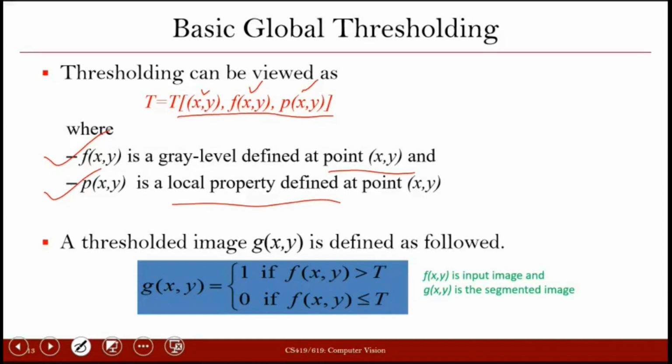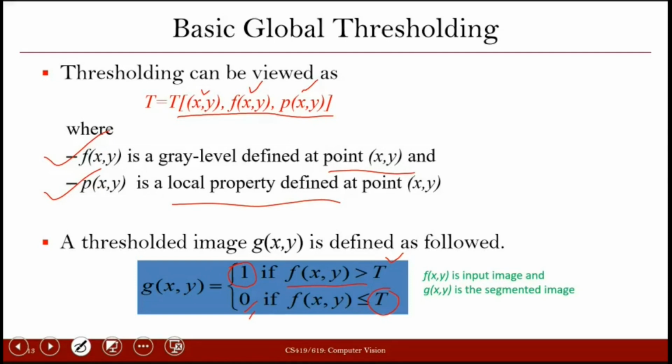When we are doing thresholding, and let us say we are using just one threshold, then all the pixels which are more than that threshold will be assigned one label. We can say that label is 1, it can be any other value also. And all the pixels with intensity less than or equal to this threshold will be assigned a different label, and we are writing 0 here.